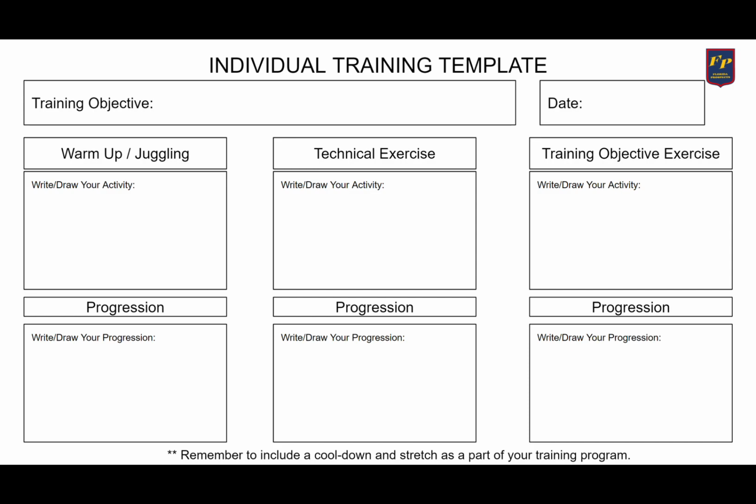So let's say you're working on juggling, and the first part is you're juggling a couple times, playing it up in the air, and then juggling it again. If you're doing that, I would probably just write that out. You don't really need to draw it. The progression could be, okay, now you're going to juggle a couple, play it up to your chest, juggle again, right, as an example. And then probably just write it out. I don't think you need to do more than that.